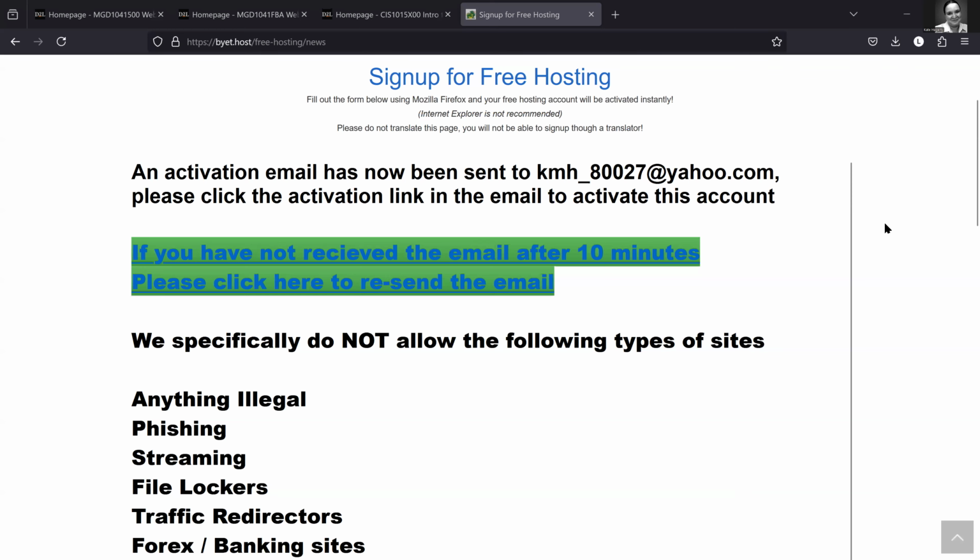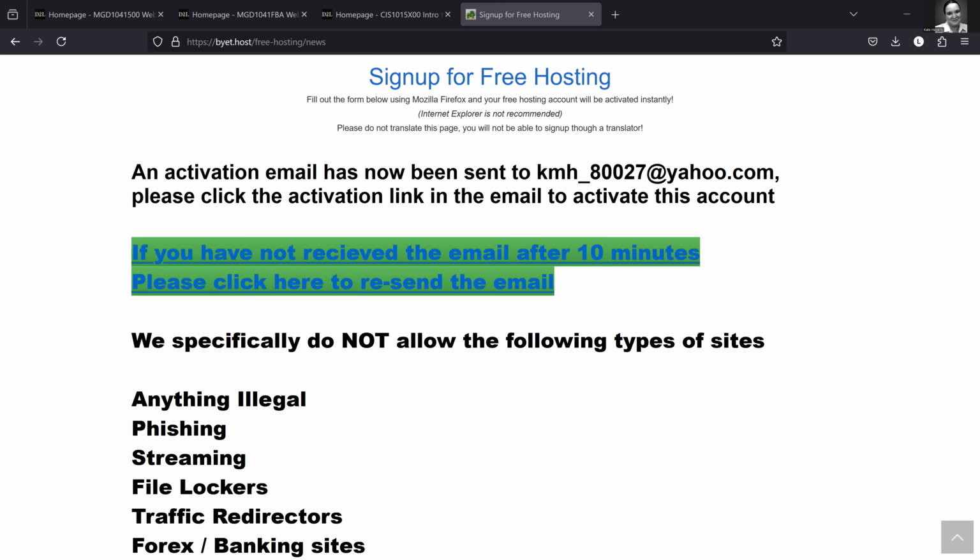You'll get an email that tells you to click there to activate. It will very likely go to your spam filter. You may need to copy the link and then paste it into your browser instead. So it'll try to activate. Mine's still trying. Oh, I see. Okay, and when it comes up,